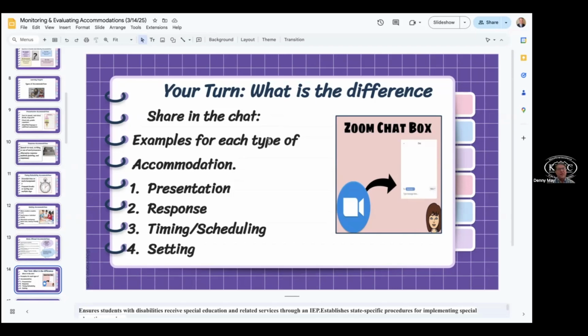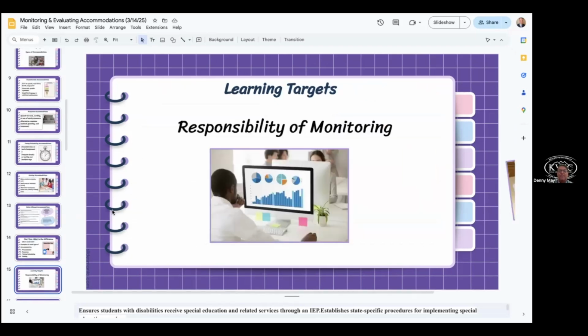And then also thinking about, sometimes students have behaviors, and they're going to need another type of setting. And so we may have to go to an individual type situation. And I know that's very popular. Extended time, double time. Thank you, Miss Ritchie. I appreciate that very much. And Dr. Bates, time and scheduling will be extended time. And so, yeah, you guys are getting it. It's pretty straightforward so far, right?